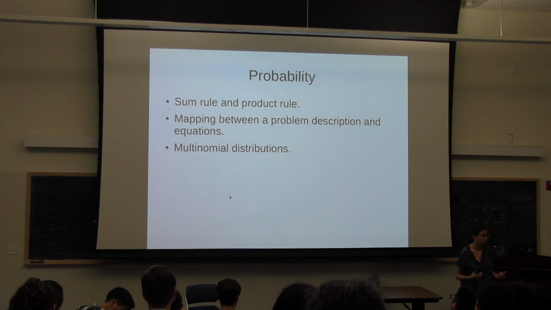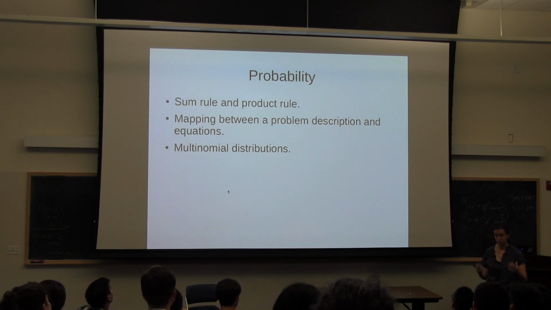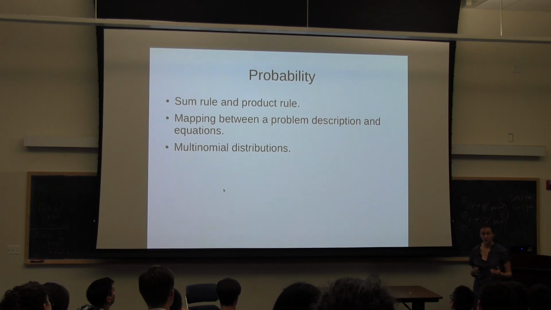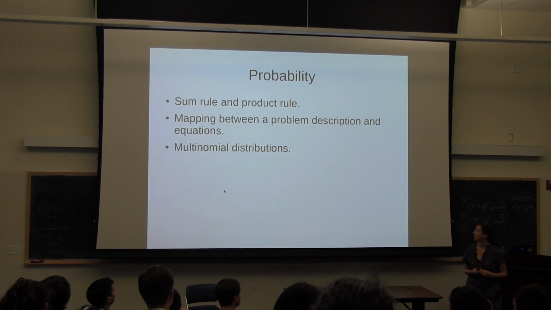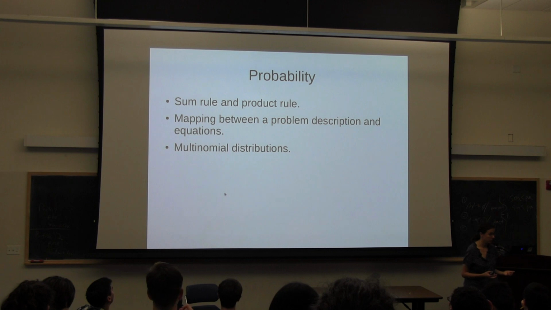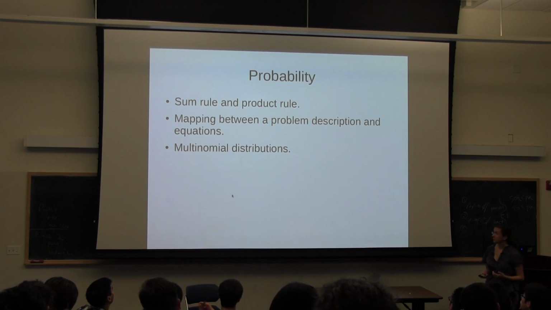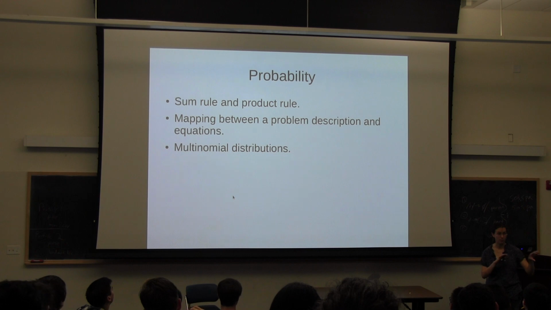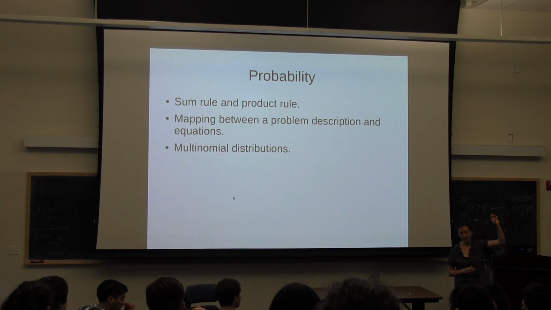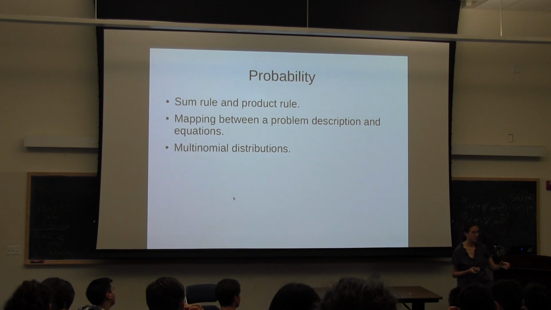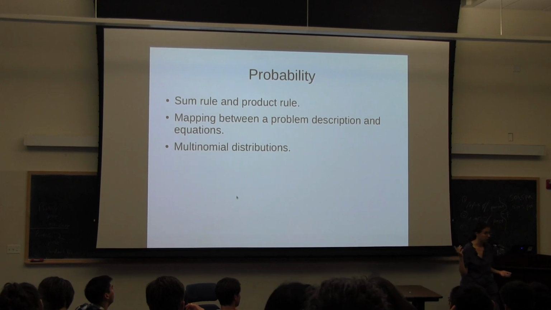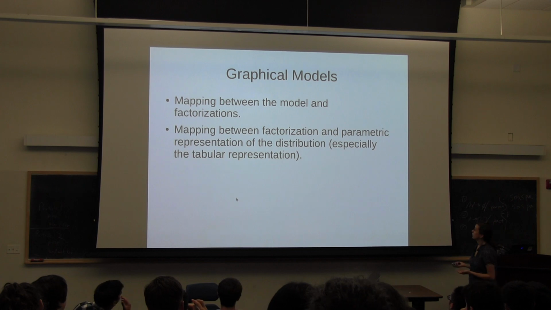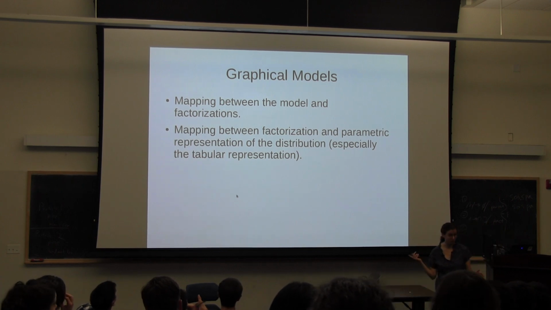Probability. So the sum rule and the product rule. This idea that it's a generalization of first order logic, of predicate calculus, and writing down logical proofs, the difference between that and this probabilistic reasoning. Mapping between a problem description and actual equations, models and equations, multinomial distributions. That was where we were going in the last class. We had our A1, A2, A3. I'm in the living room or not, I'm in the bedroom or not, in the kitchen or not, but if they're mutually exclusive and exhaustive, I can write it all as one variable. Graphical models. So the particular Bayes nets, we haven't really